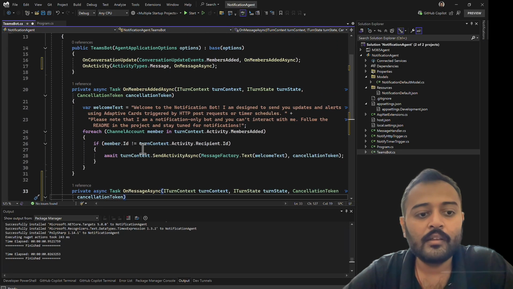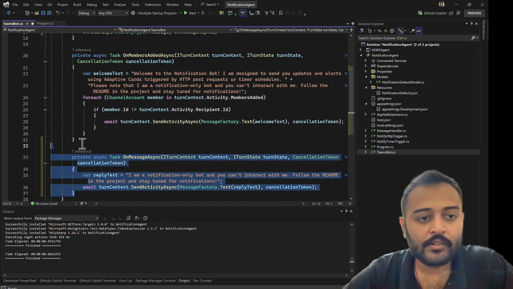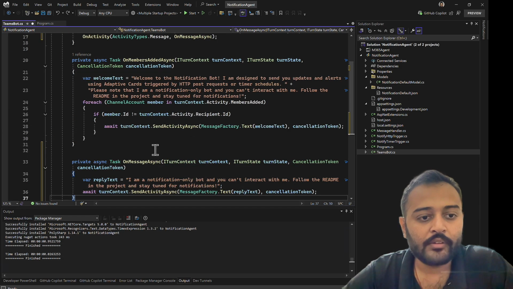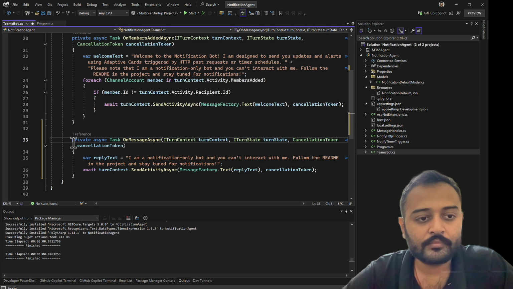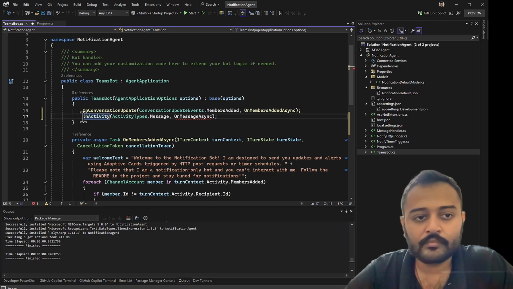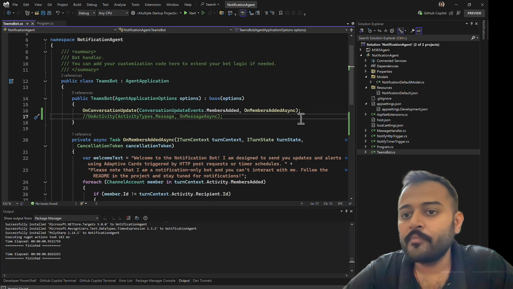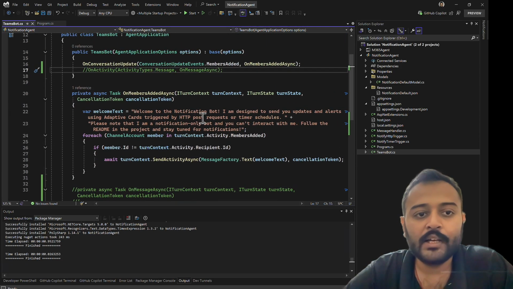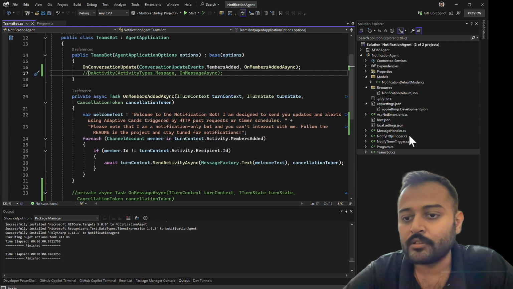Okay. Now, so let's get rid of this for now. No, I don't want to get rid of this. Instead, I'll comment this out. Okay. Now, since TeamSpot, we only have main functionality on members added. That's all, nothing else. Now, coming back to the functions that this particular project has, we have two functions: